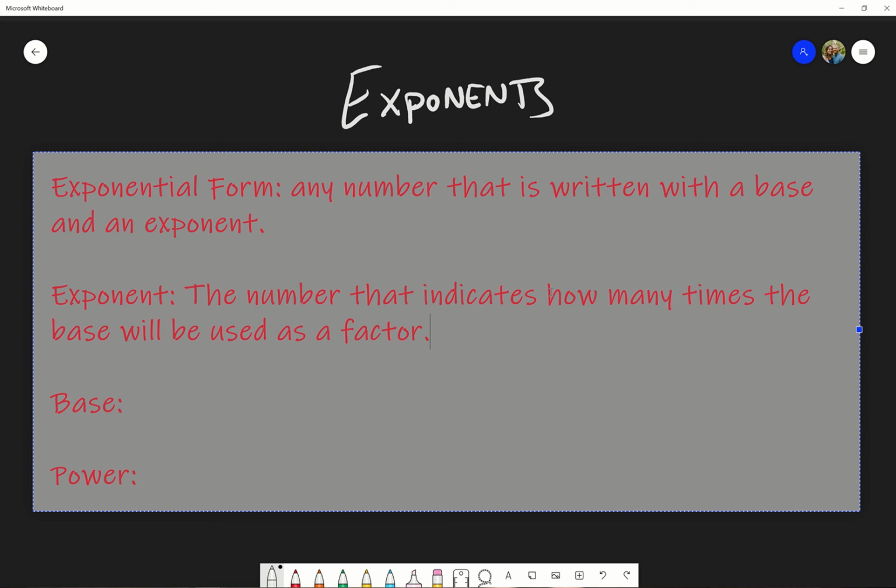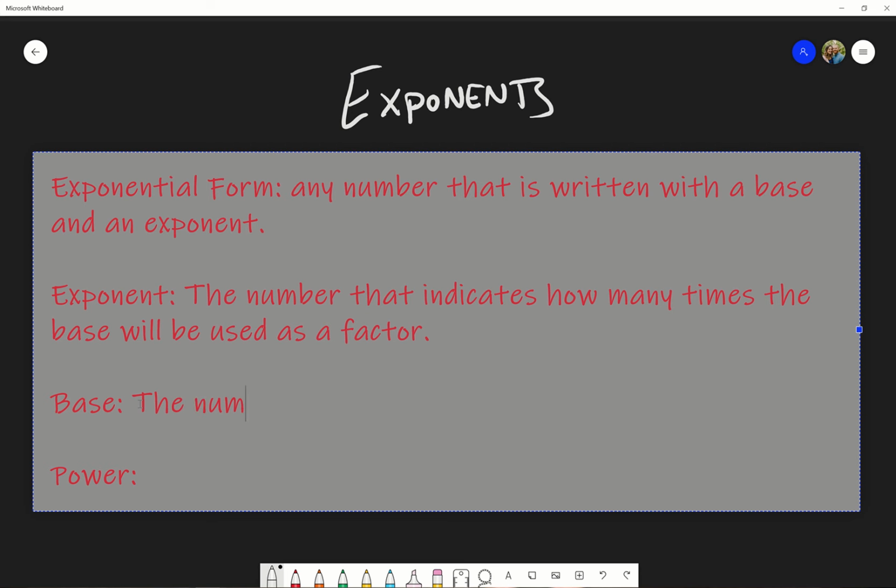And so the exponent, the tiny number, tells us how many times we're going to multiply the base repeatedly. And so that is why we need to know what the exponent is, because that tells us how much we're going to be multiplying. And so the base, this is